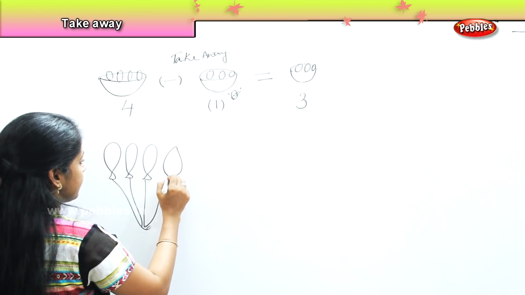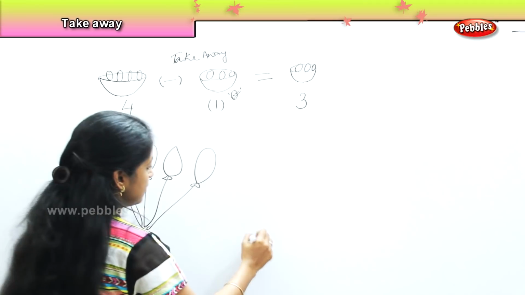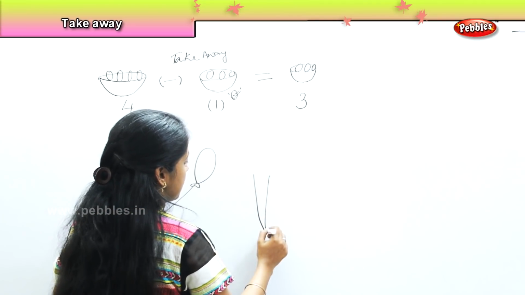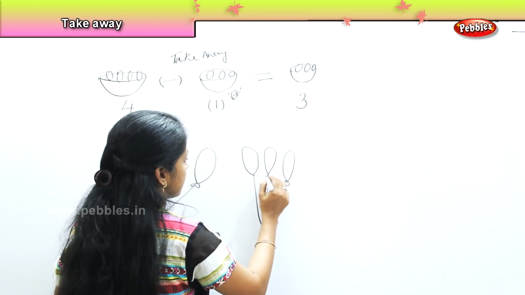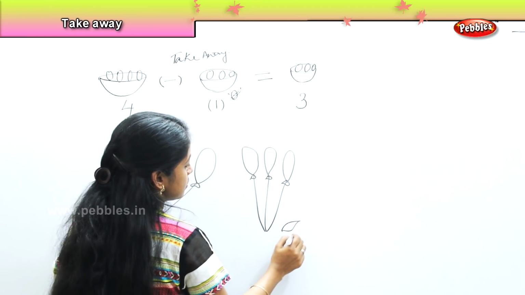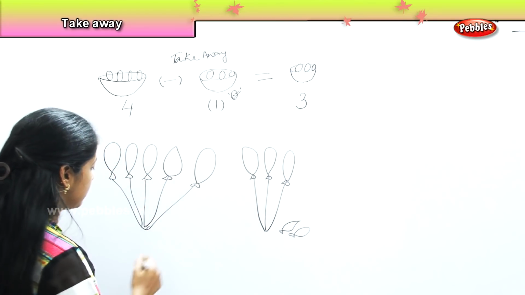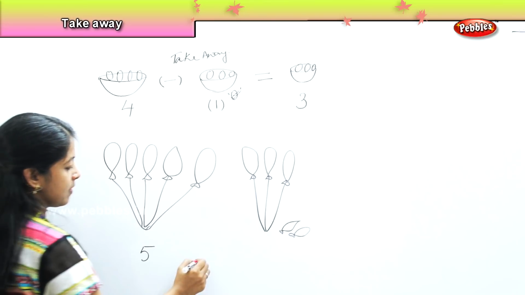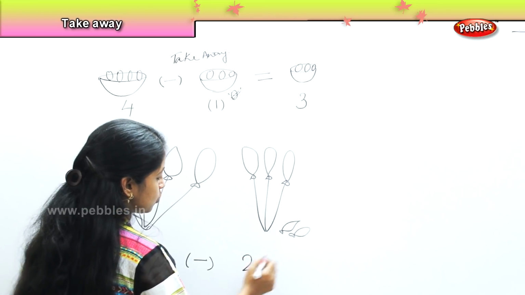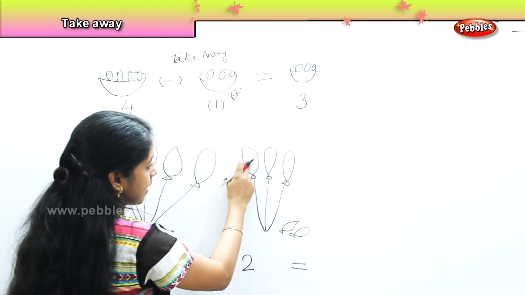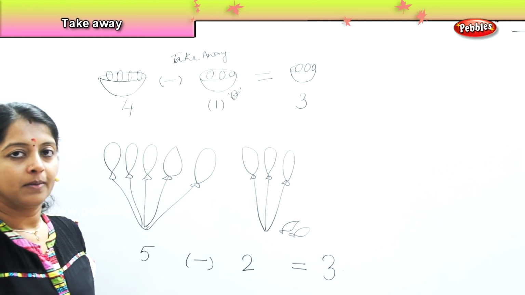So, as I said, there were 5 balloons and now the 2 balloons, they broke. Right. So, what is the balance left? How will you write? 5 minus, what is the burst balloon, children? It is 2. So, what is the remaining balance with me? 1, 2 and 3. So, there are only 3 balloons left with me.